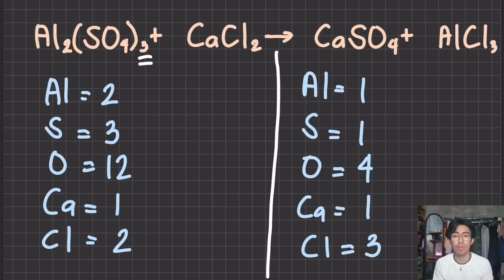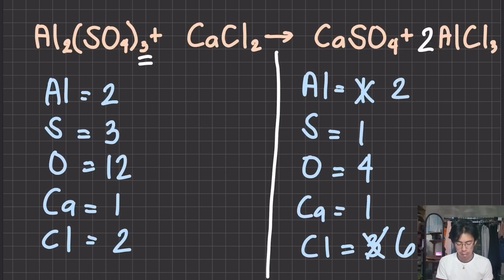Compare the number of atoms of each element on the reactant side and on the product side. Aluminum 2 on the reactant, 1 on the product, sulfur 3 on the reactant, 1 on the product, oxygen 12, 4 on the product, calcium both 1, chlorine 2 on the reactant, and 3 on the product side. Let's start with aluminum. Since aluminum on the reactant side is 2 and on the product side is 1, we write 2 in front of AlCl3. Therefore, aluminum is now 2 and chlorine is now